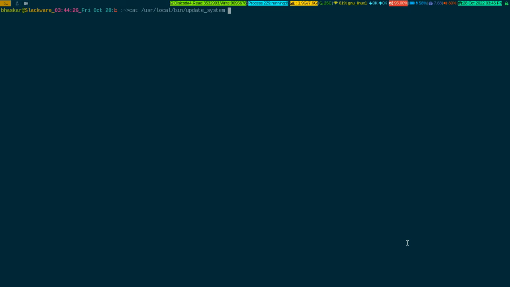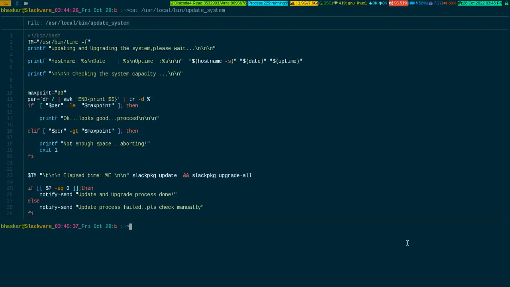The job of this script is to update the system. If I press enter, this is the damn simple script, and it should be up there in the GitHub repo of mine. If you search through the admin script repository, it's supposed to be there. So there is no rocket science going on, right? As you can see on the screen,